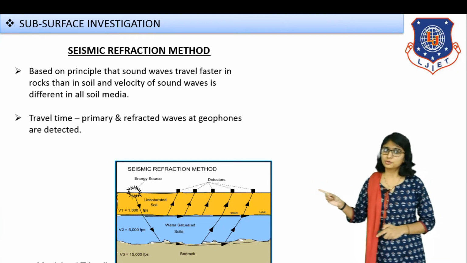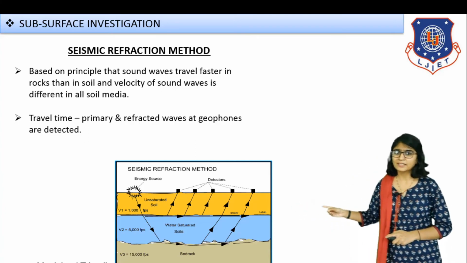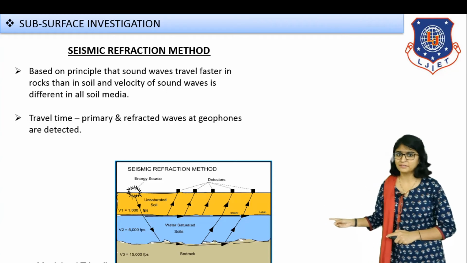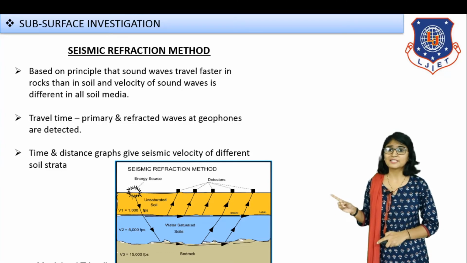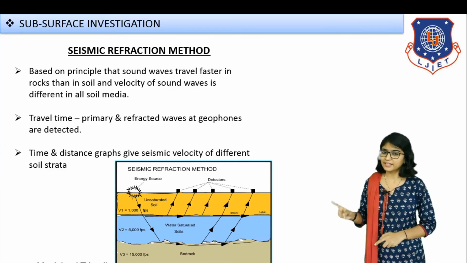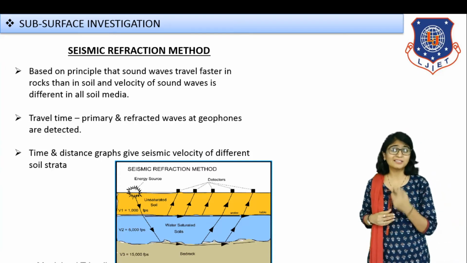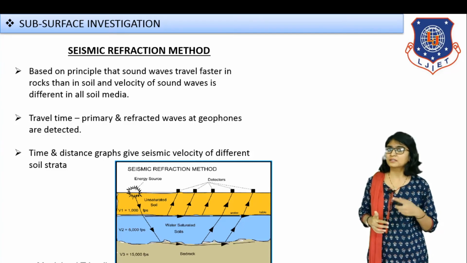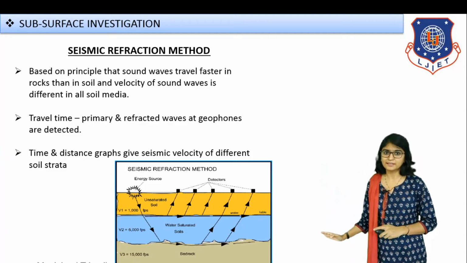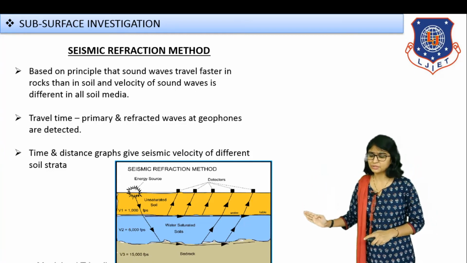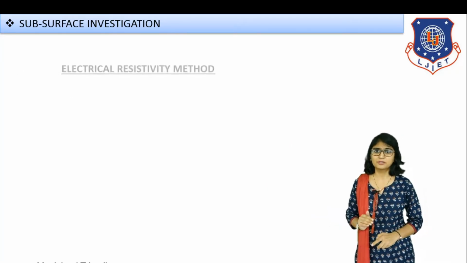So we have two types of waves. The first, which will be refracted back from the first media, is your primary waves, and then secondary waves, which shall be detected at your geophones. This will give you the seismic velocity of the soil condition, site conditions, and based on that we have different formulas, different concepts from which you can find out other different properties of the soil. So here you just have to understand the concept, the method, and how it is executed. That is the most important thing for you. This covers your seismic refraction method.